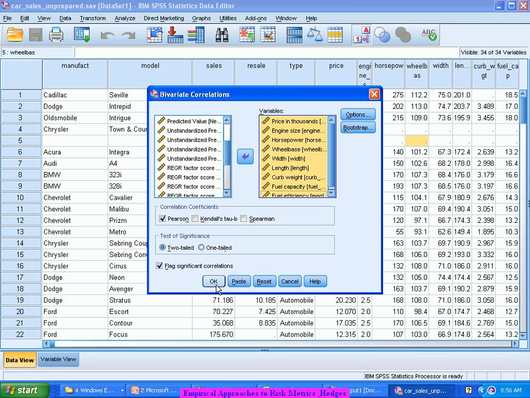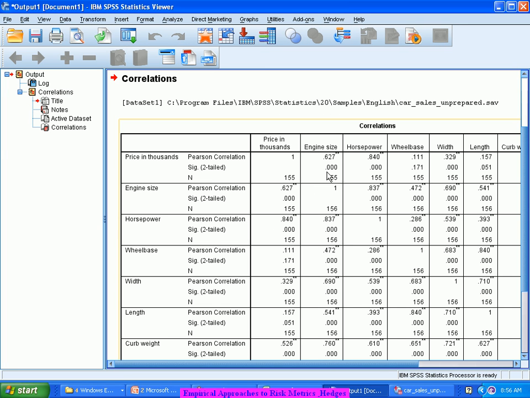If I try finding out the correlations between them, there are huge correlations existing, like 0.627, 0.84,